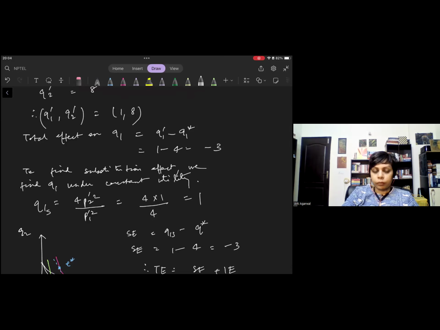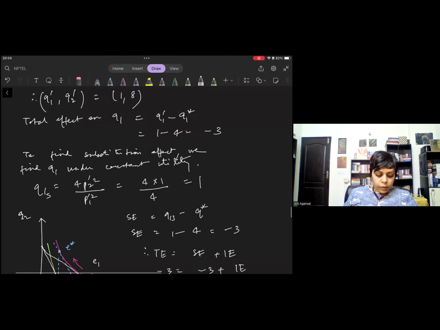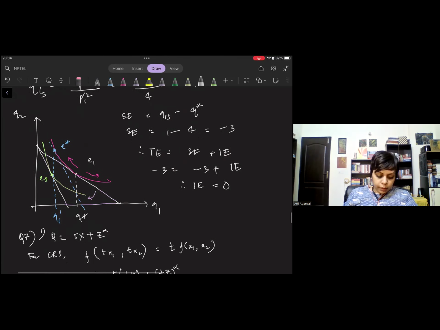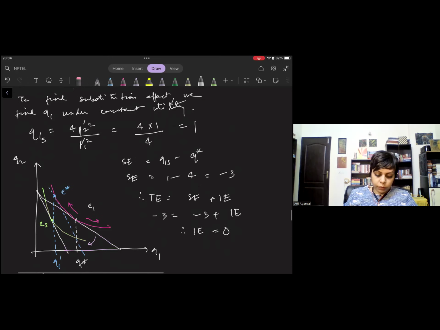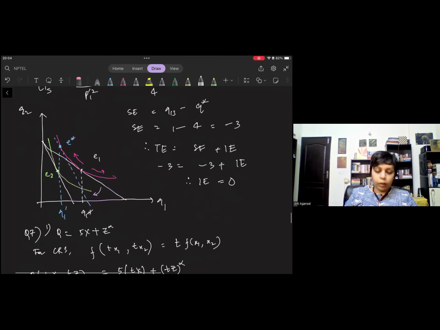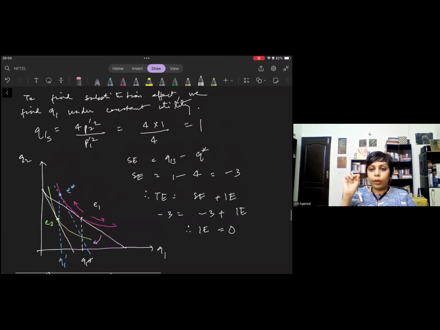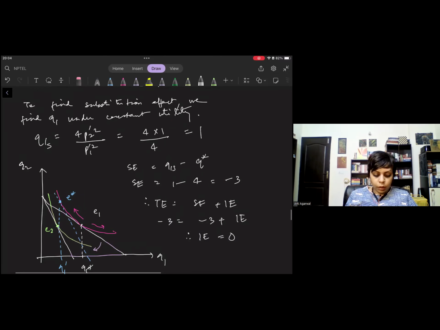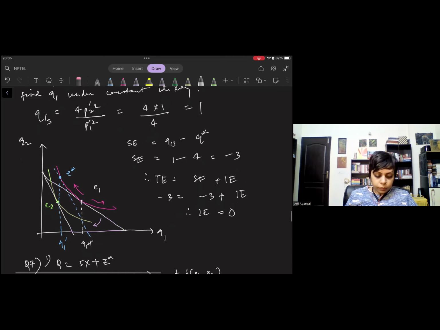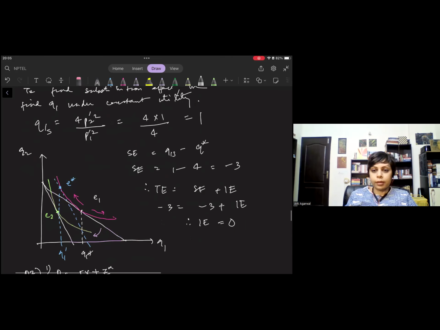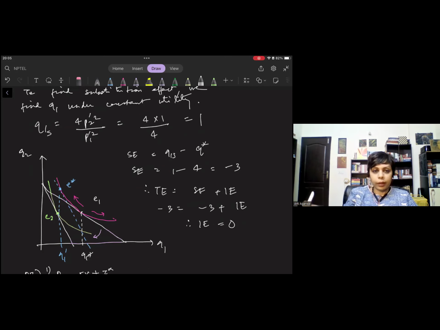Ma'am, thereafter, what you tried to explain, I just couldn't understand this. What I was explaining is that you have calculated the substitution effect from E1 to E star. From E star to E2 is the income effect, right? Income effect is not easy to calculate directly. So we first calculate the substitution effect from E1 to E star, and from E star to E2 you calculate the income effect. After you have calculated the value of E star, to compute the value of E star you will need to hold utility constant. So depending on whatever form of function you are given or whatever values you are given, you will calculate the quantity of E star.